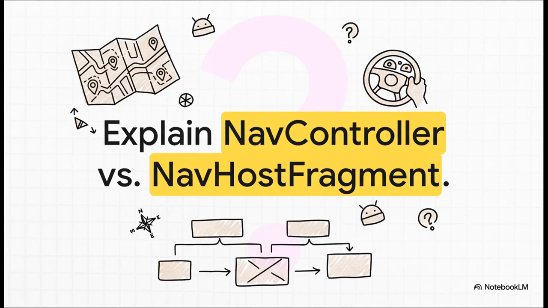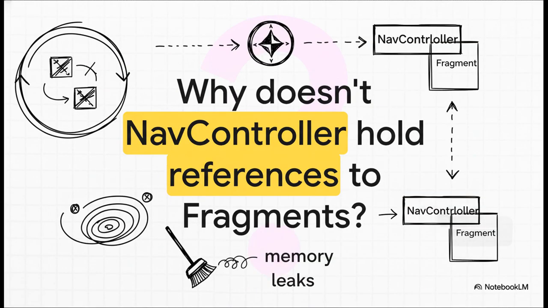The nav controller is the map. It manages the navigation state and the backstack. The nav host fragment is the driver. It's the UI container that handles the actual fragment lifecycle. Simple as that. Now this question gets right to the heart of the architecture, and the answer is super simple: